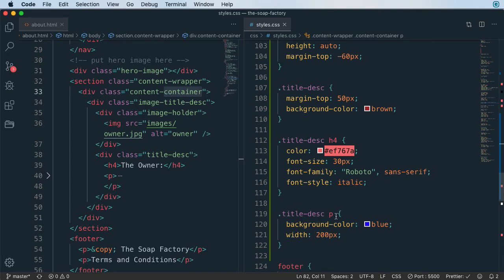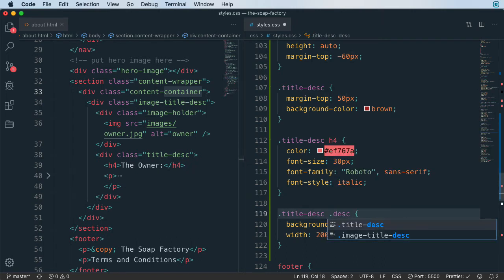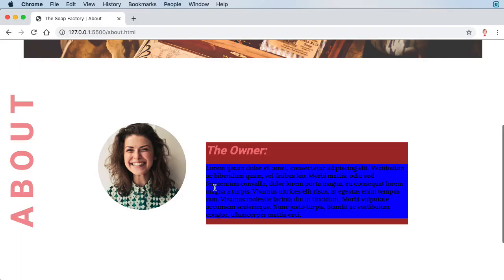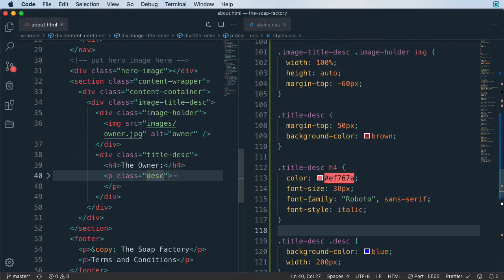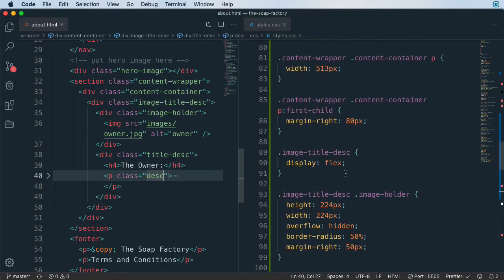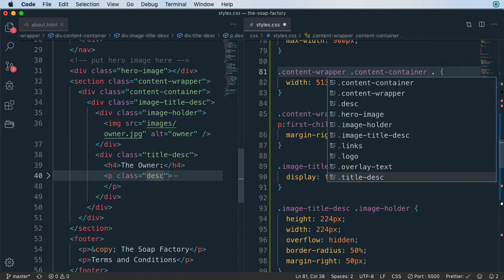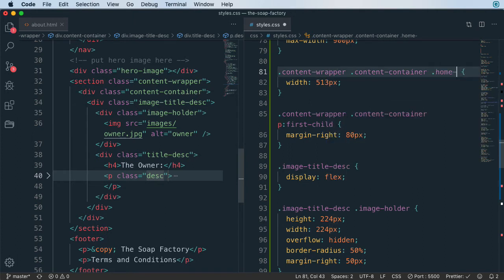So how can we fix that? Well, we're going to have to change this and let's add a class and call this description, okay, itself. And in this paragraph tag over here, we're just going to add a class of that description. All right, and here it is. The next thing we're going to do is change this paragraph tag up here to the top, and we're going to change it to something different. And we're going to add something like home content,